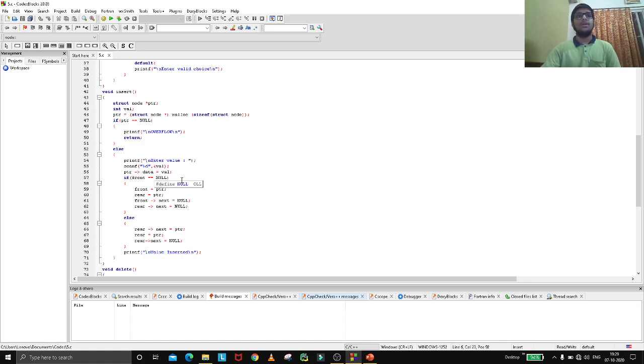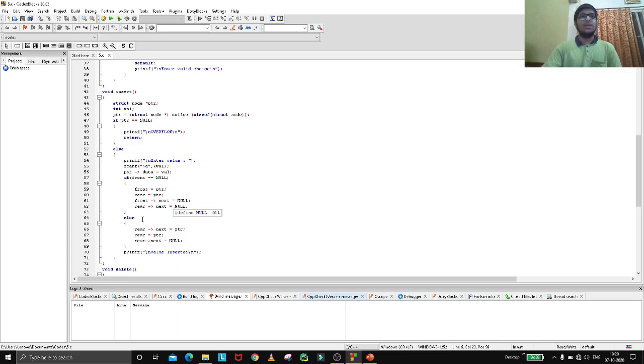Now if front equal to null, front will be assigned as ptr, and rear is also assigned as ptr, because at the start, if the queue is empty and you have provided a value, the starting node will have front and rear at the same place. Now we need to assign front's next and rear's next equal to null.